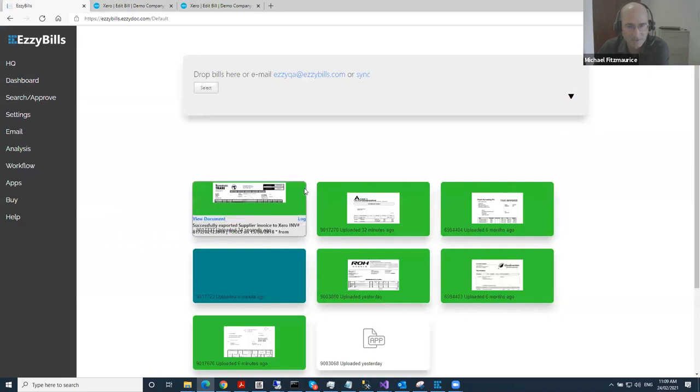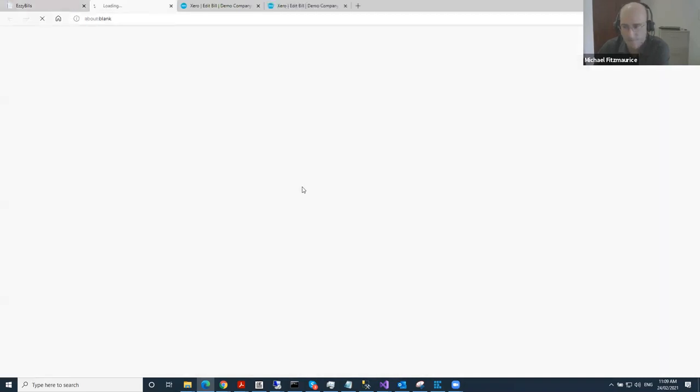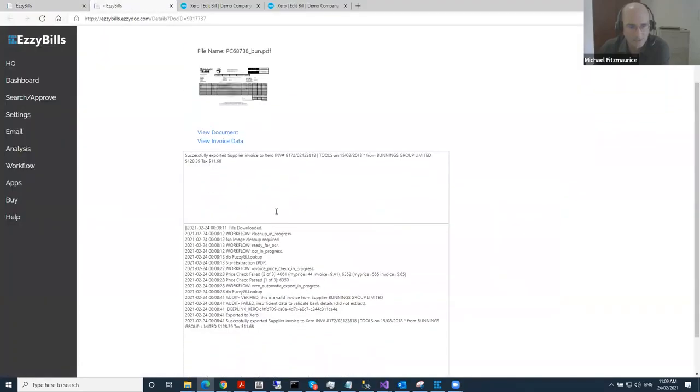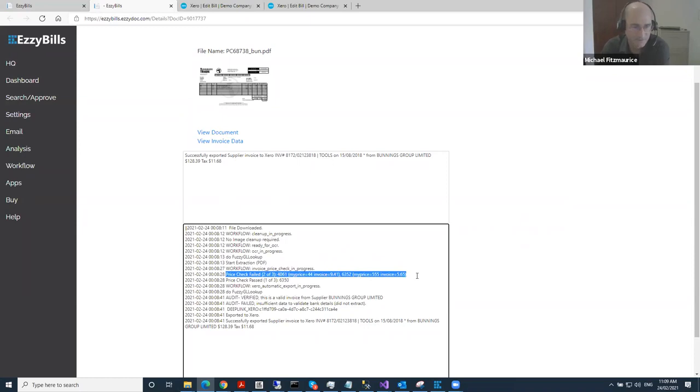But if we have a look at the log, you'll see here that we have performed a price check, and we found that 2 out of the 3 lines actually had incorrect prices, and 1 of them was fine. So we've logged that,